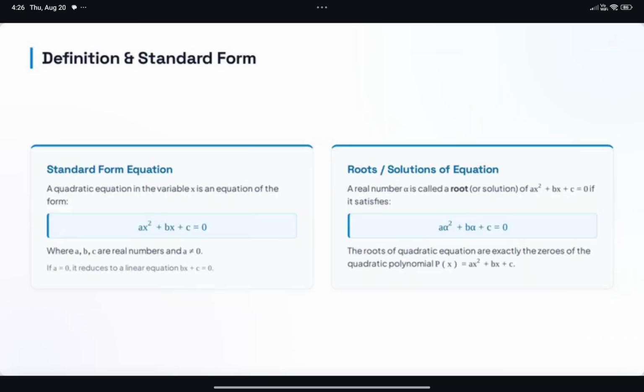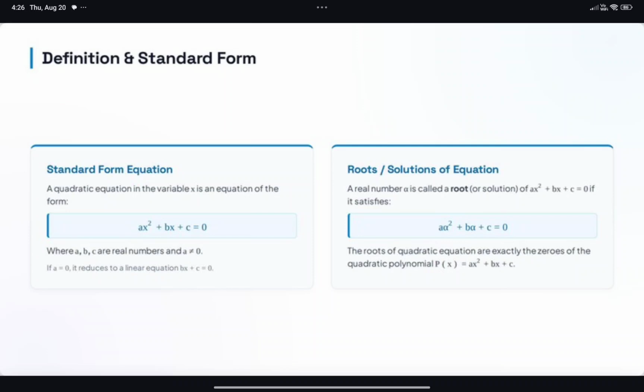Quadratic equation. What is the definition of the quadratic equation and the standard form of the quadratic equation? In this chapter, we are learning about quadratic equations. So, a quadratic equation in the variable x is an equation of the form